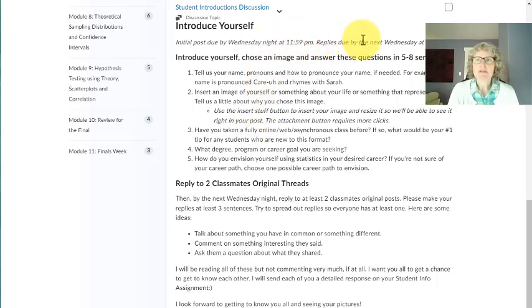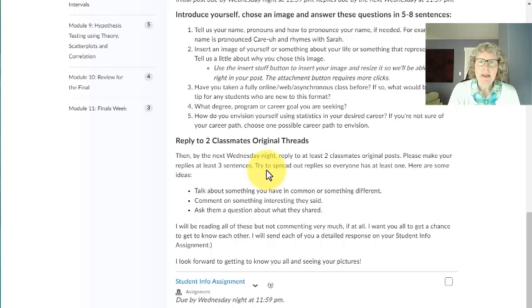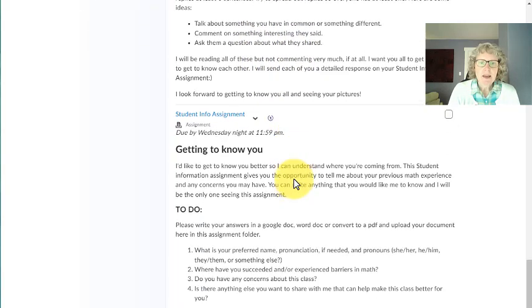Then you have replies until the next Wednesday. So then you're going to reply to 2 classmates' original threads and do at least 3 sentences. So here's all the details here, some suggestions. Okay, and then